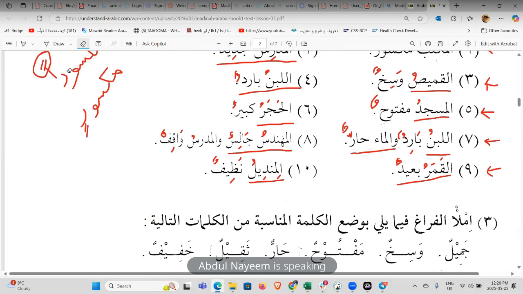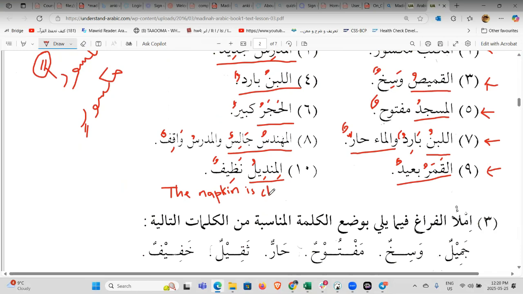Okay, so the napkin is clean. All this theatrics is so that it will help you guys to remember the words. The napkin, mindil, is clean. I know it slows down the pace of the lesson, but it helps to reinforce the